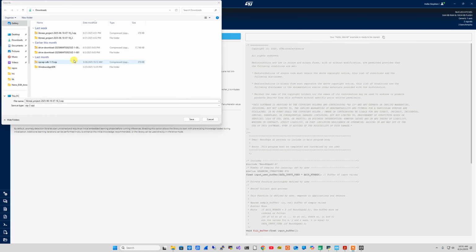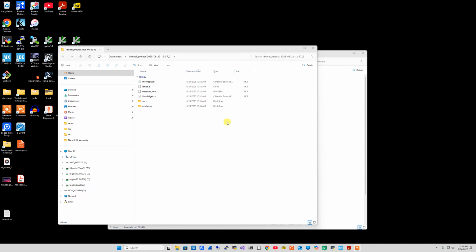And I have some of these already. I'll open one up. So when you extract that zip file, it gives you two headers that you're going to put in your STM32 Cube IDE project and this library. And it gives you an emulator if you want to check on some of its attributes and so on. But anyway, these are the three files that you bring over, and you put the two headers in your inc